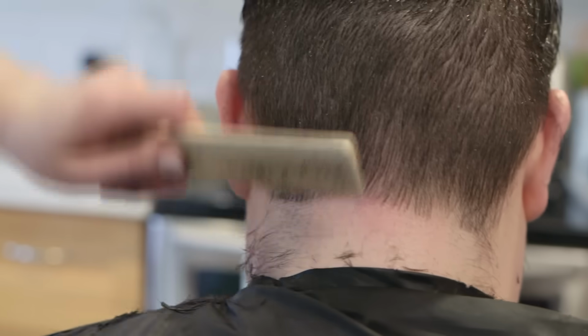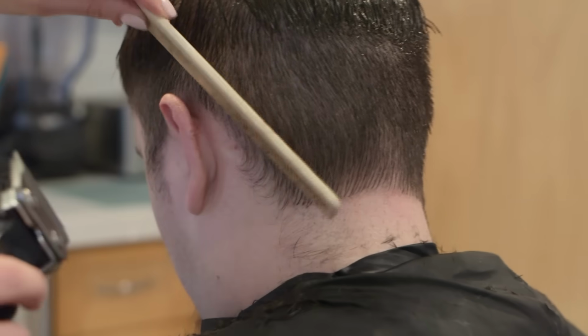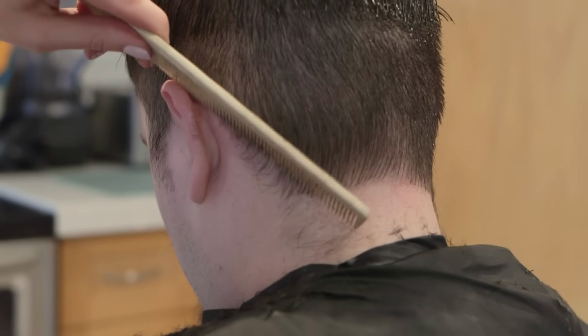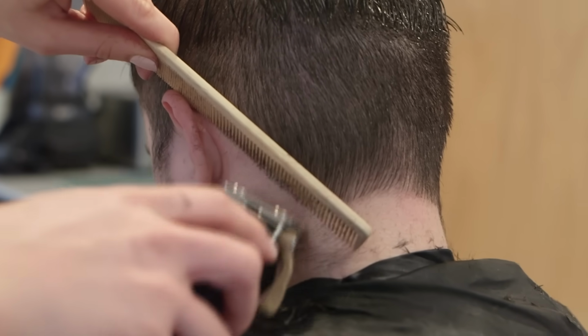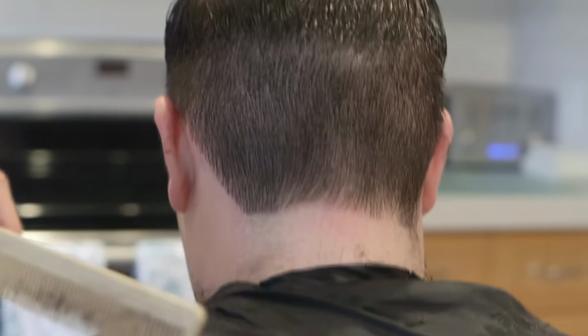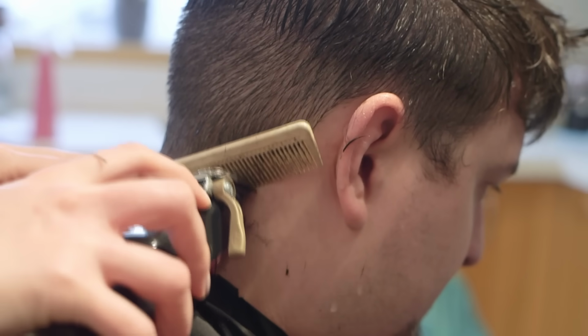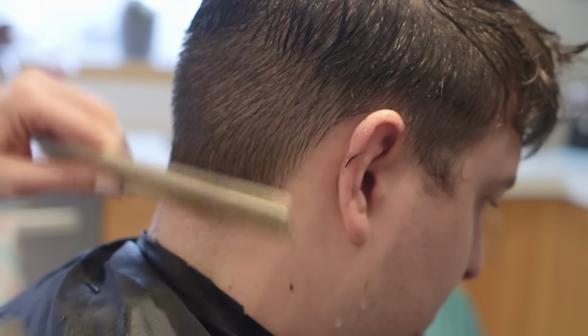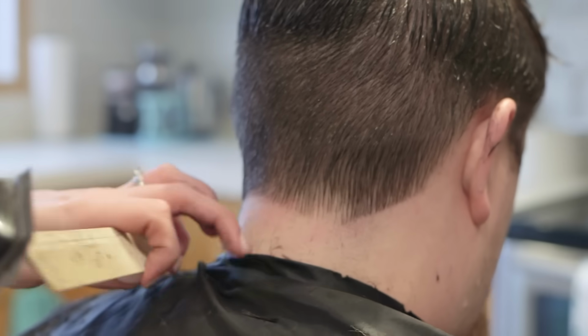And then as you come up to the side here, I'm putting my comb on an angle where it meets from here to here, and you're just going to cut that off. Like that. We're going to do the other on the other side. There we go. And then you can just clean up the rest of the neckline